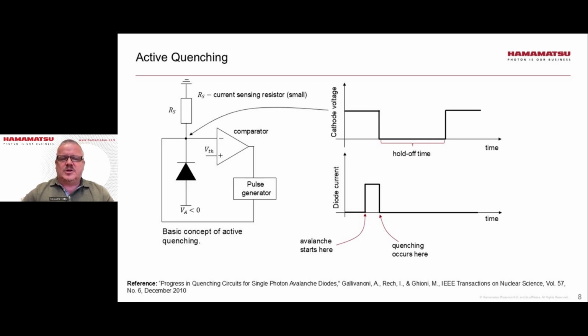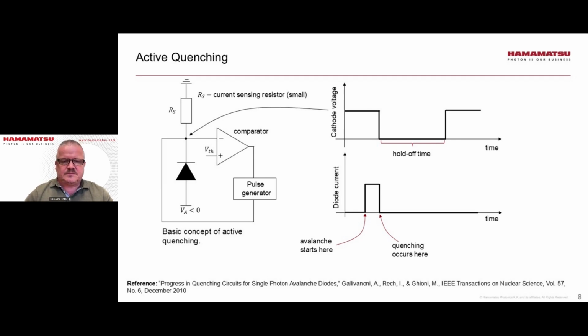One is known as active quenching, where a sensing resistor is going to detect an avalanche, and voltage will be inputted into a comparator. If the voltage exceeds the threshold voltage, we are going to pin the voltage across the SPAD, thus quenching or stopping the avalanche. The time of pinning the voltage is known as a hold-off time, which is an adjustable parameter by the user. There will be some advantages to having this hold-off time longer than perhaps just a momentary application, and we'll discuss